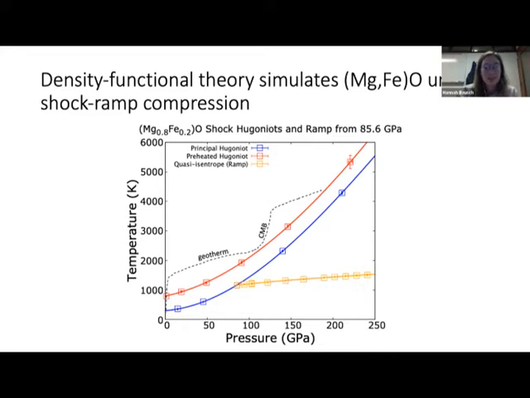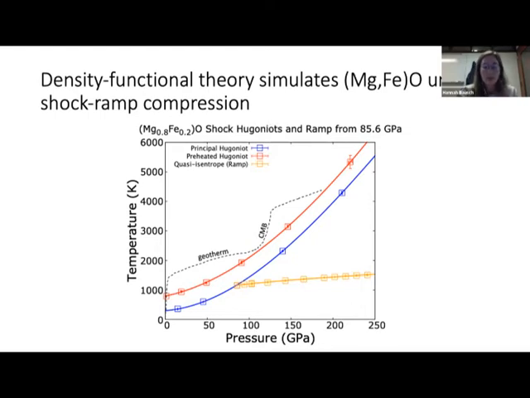Density functional theory simplifies the calculations for studying atomic structures by using atoms' cloud density rather than the entire Schrodinger equation. On this pressure temperature plot are some of the results from calculations I've done on 20 mole% iron ferropericlase, along with the geotherm for reference. The principal shock Hugoniot describes how a material behaves under shock compression due to thermodynamic relations. So consequently, we are able to learn how our material behaves at high pressure and temperature conditions, like the core